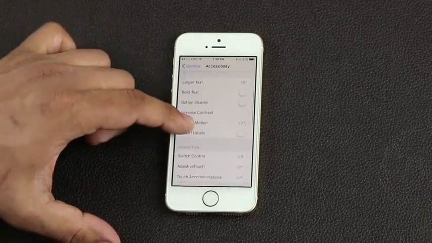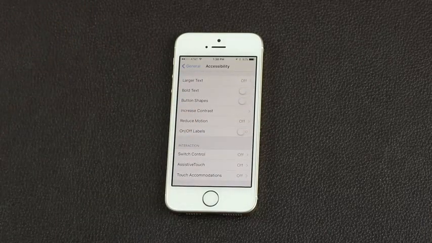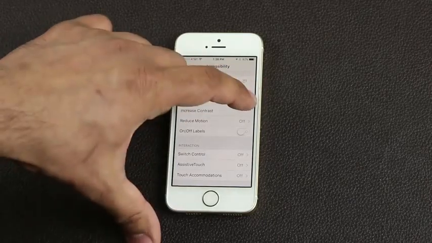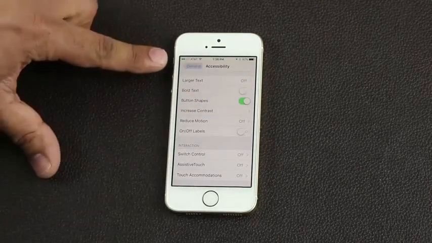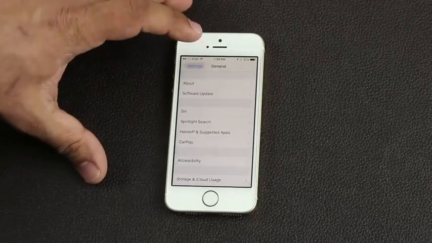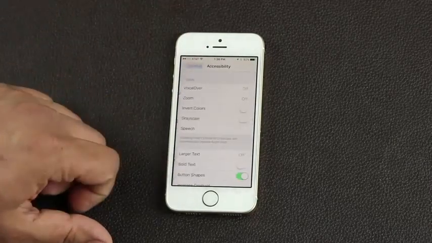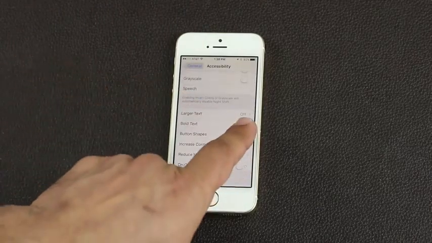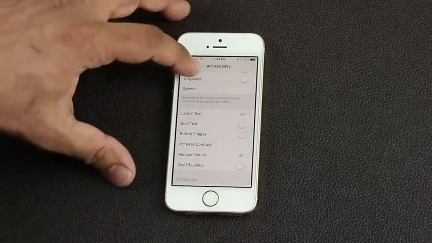And let's scroll down over here and take a look at a couple other options. The first one is you can change the size of the text. You can bolden the text, but you can also change the button shapes. So let's enable that and see what happens to this menu. As you can see on the top left, you get a button shape. If I go back out, the button shape is still there. If I go back in and disable it, that button shape disappears. So just a quick way to customize